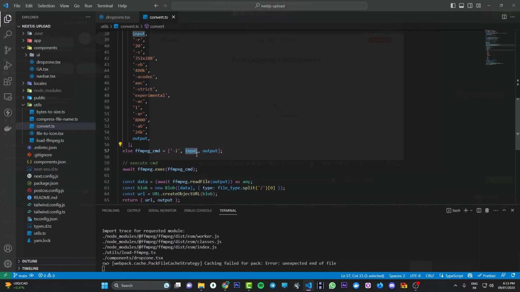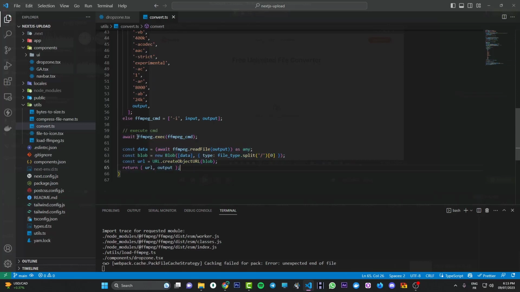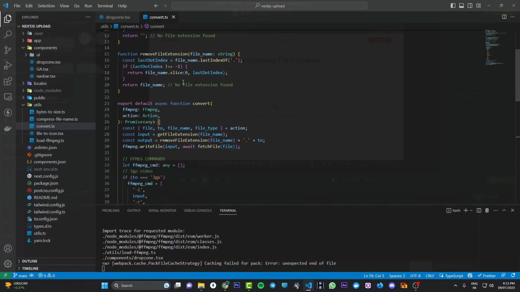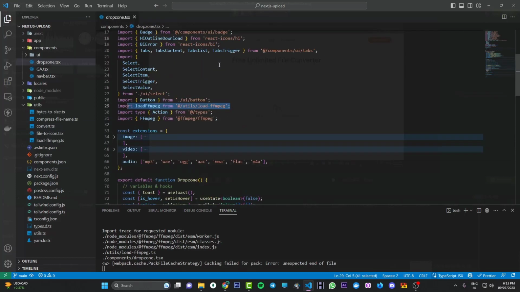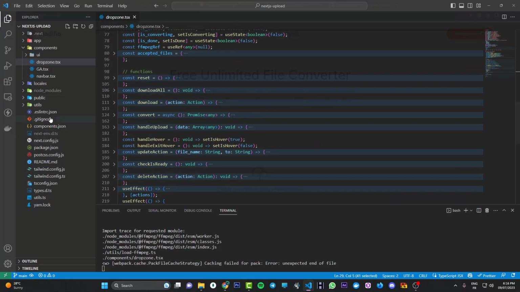You just put here the input and the output, and that's it, guys. You just run those commands in here, and it will automatically convert your files, your audios, your videos, and also your pictures. Once a file is converted, basically the function will return